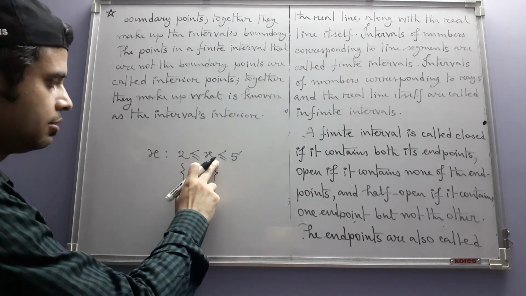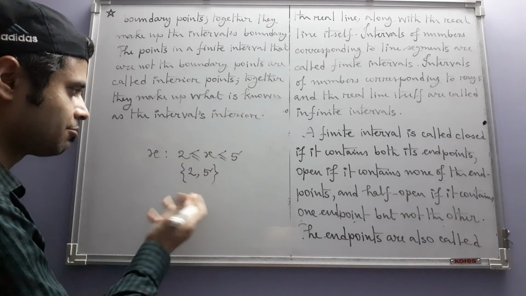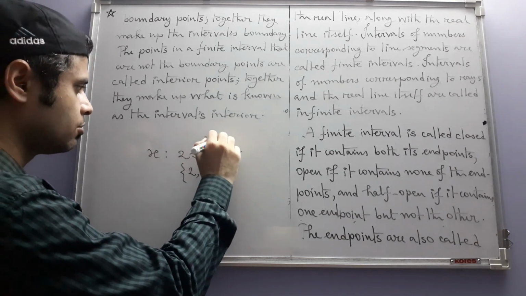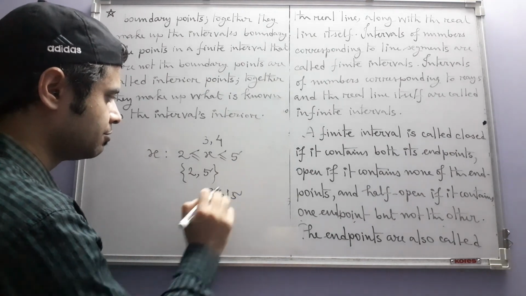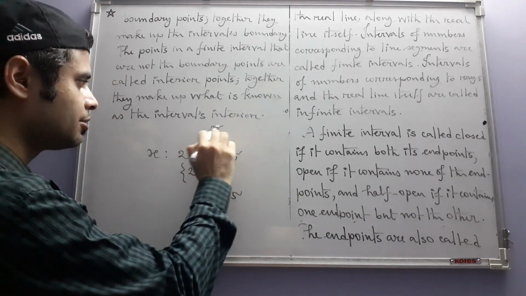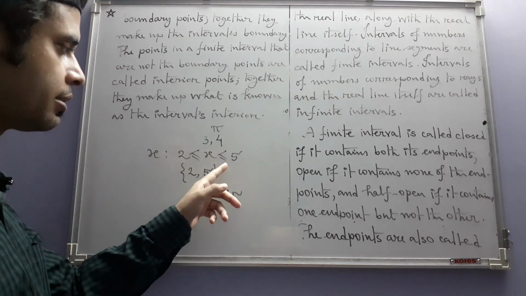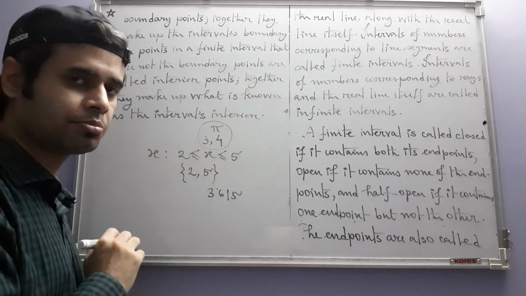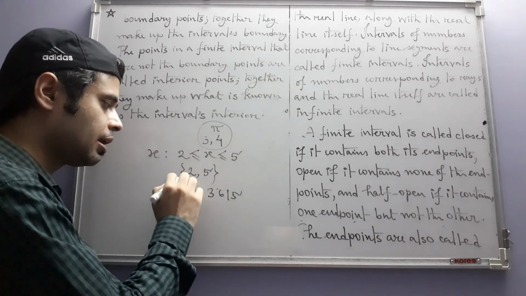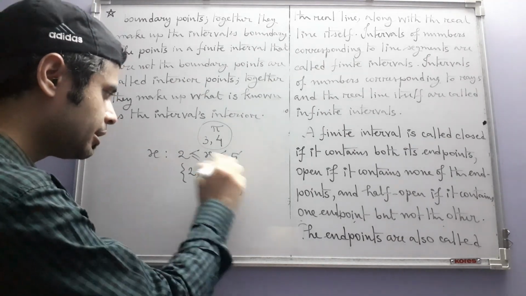However, any point lying between 2 and 5 which is neither 2 nor 5, for example 3 or 4 or say 3.615, in fact pi also belongs to this set because pi is greater than 2, less than 5. All these points are interior points. Any point in the interval other than the boundary points is known as an interior point, and together they